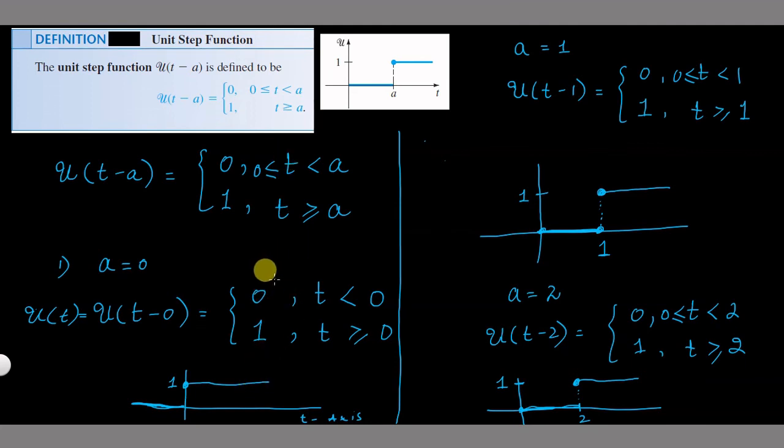and this function is very useful in electrical engineering. Now we will discuss another property, another theorem. The name of that theorem is the second translation theorem, or you can say the second shifting theorem, which is based on this particular function. The name of this function is the unit step function.